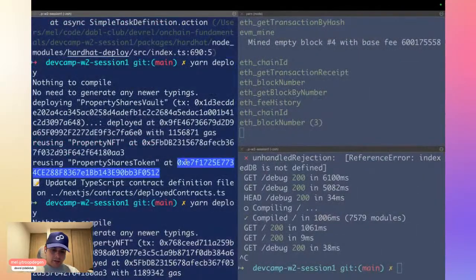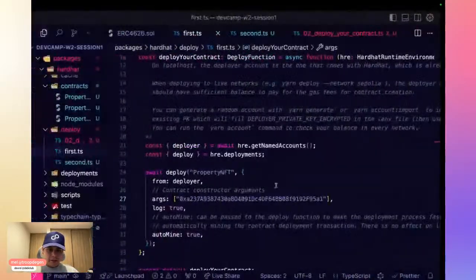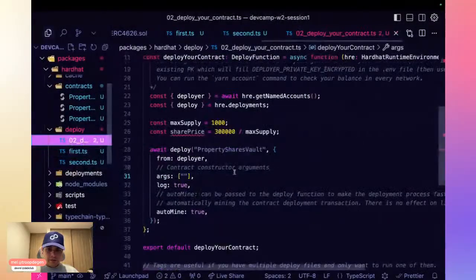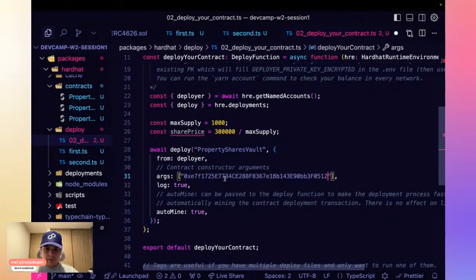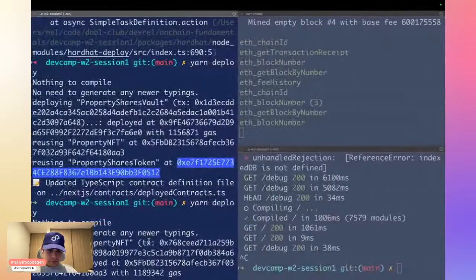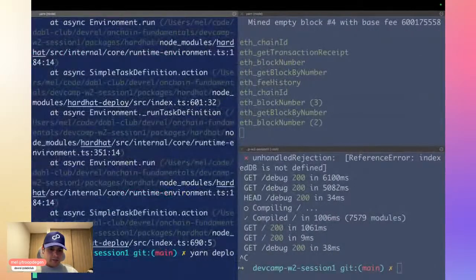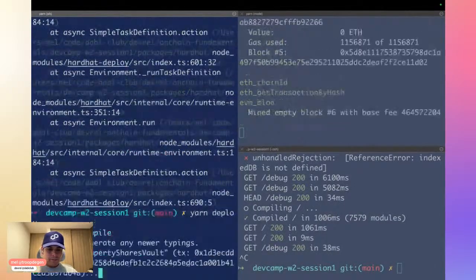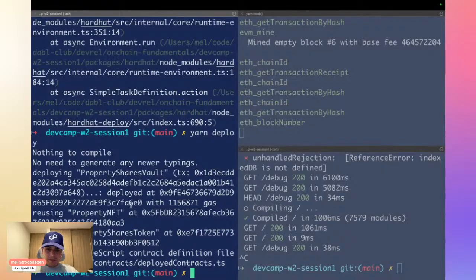Property shares token, I think it's the same. Nice. It's deploying again.